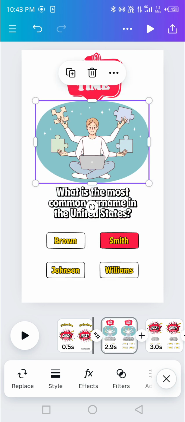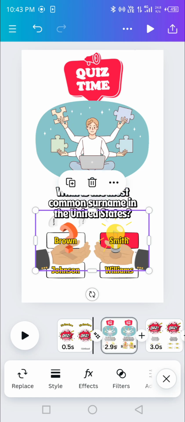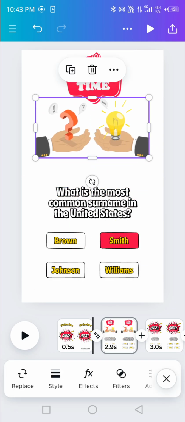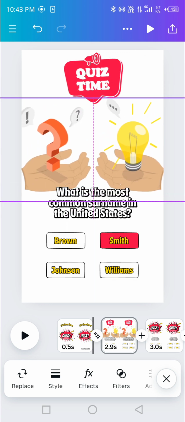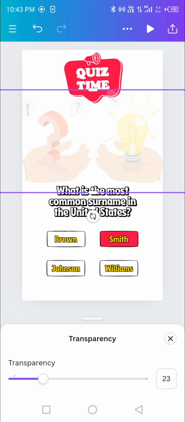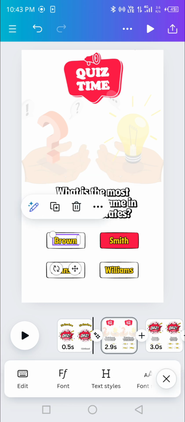Okay, not this one. We can go for, just wait, we can go for this one. Okay, just deleting this one. We can go for this one with decreasing the transparency. Okay, here, now here is a catch, whatever things are written here, we need